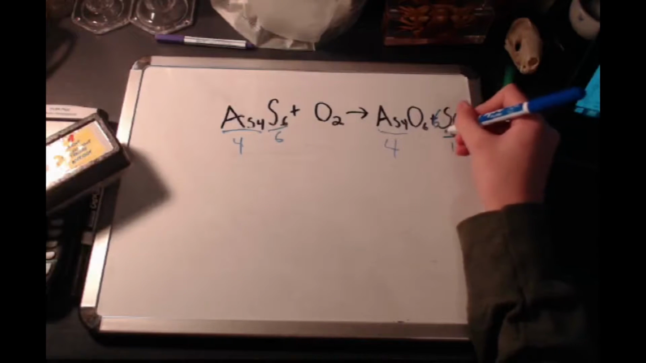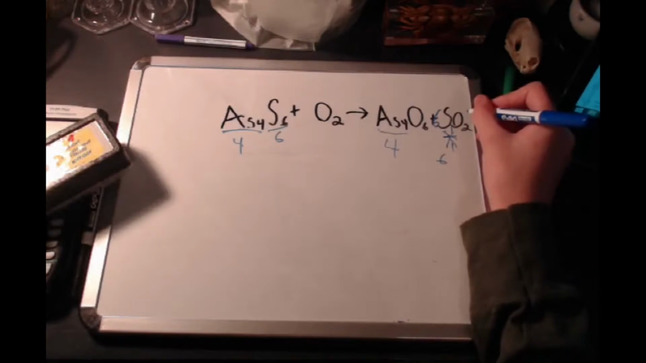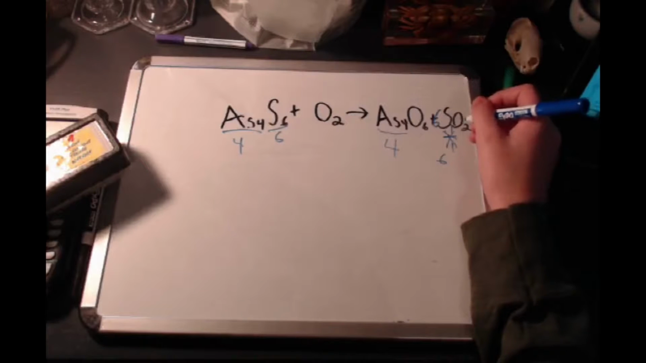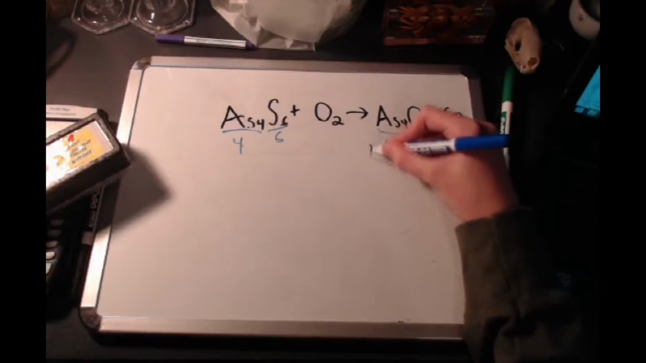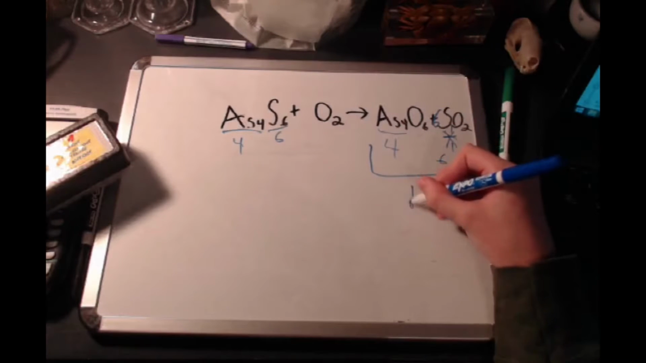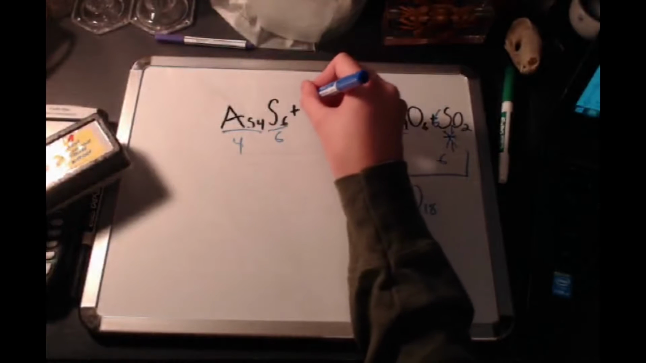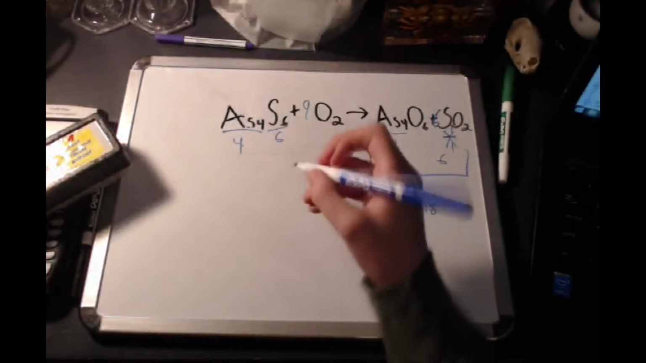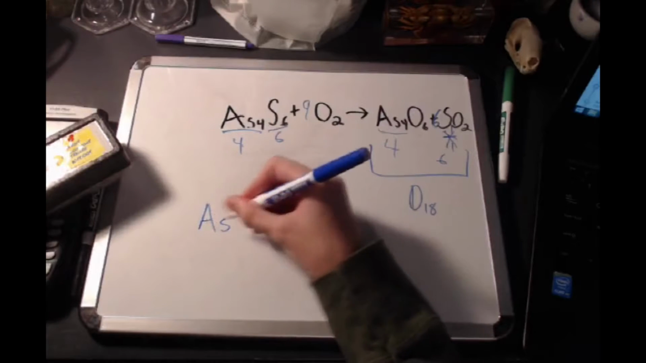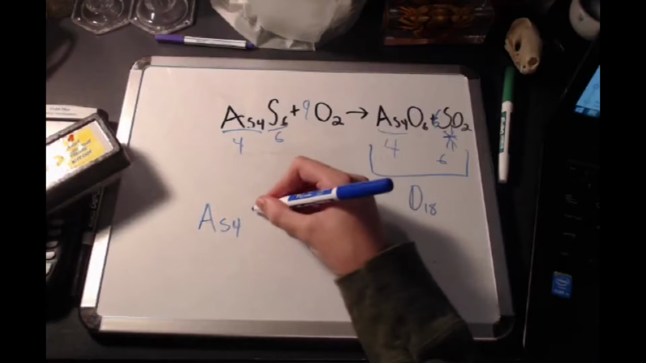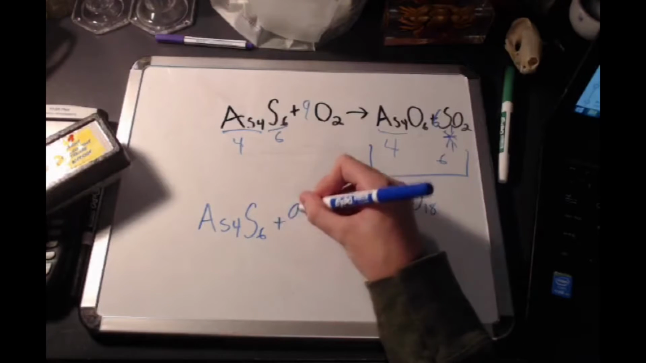So okay, now we have 6 sulfur atoms, but we also have 12 oxygen atoms right over here, plus another 6. We have 18 oxygen atoms in total on this side. So in order to fix that, we can just put 9 right there. So the finished balanced equation would look like 4 arsenic atoms plus